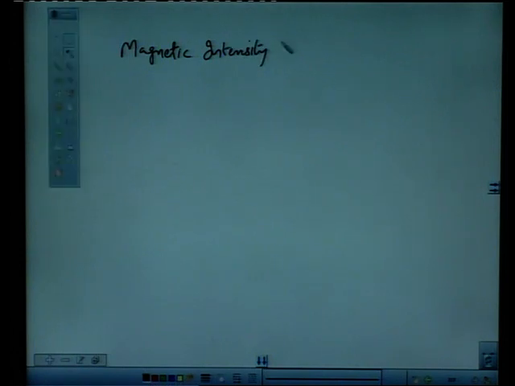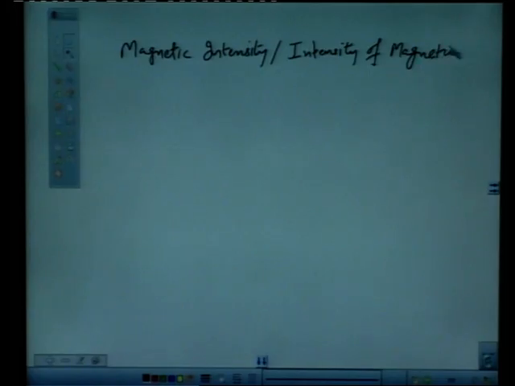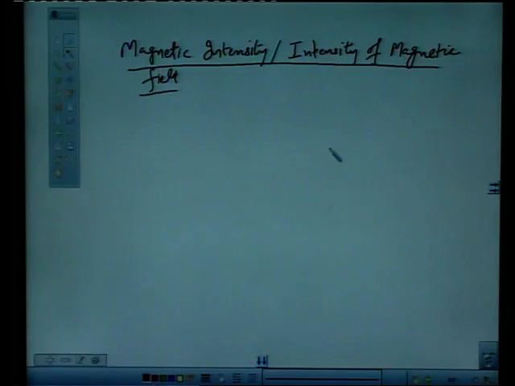This is also known as intensity of magnetization, intensity of magnetic field. Now, let us suppose we have two poles of a magnet. This is the first pole and this is the second pole, M naught, and there is a separation r between these two poles. So, we can say that the intensity